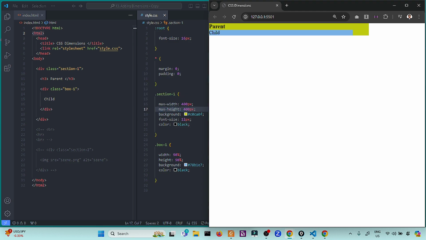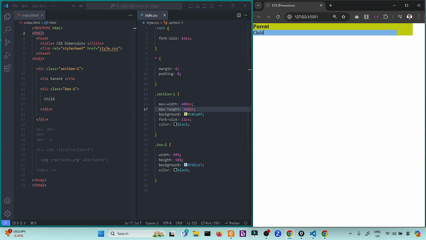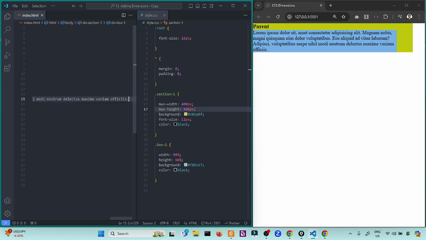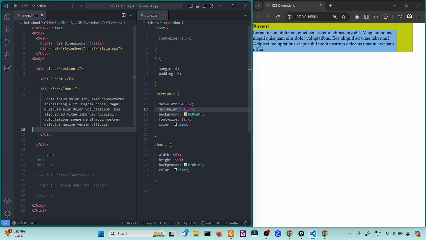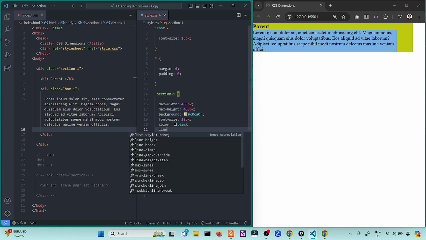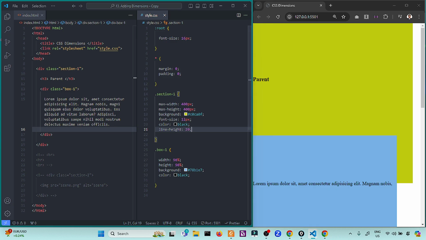Why does this one compress? Because the height that has been decided will be the content. Let's say, for example, I have a paragraph here. Let me word wrap this one, and I have a line height, for example, of let's say 20 for the spacing. So about 10.